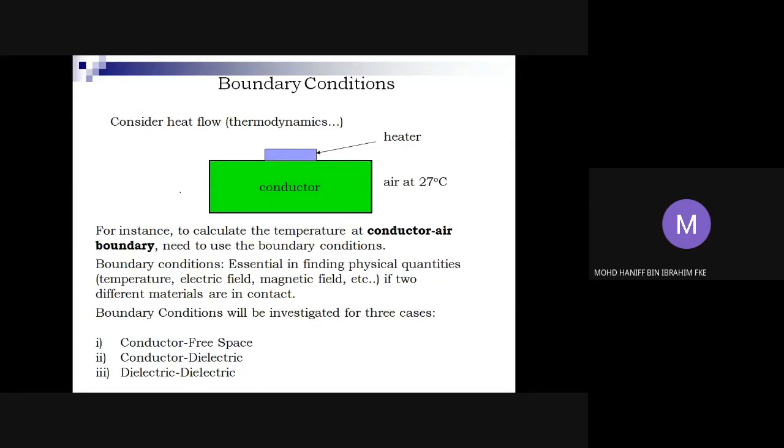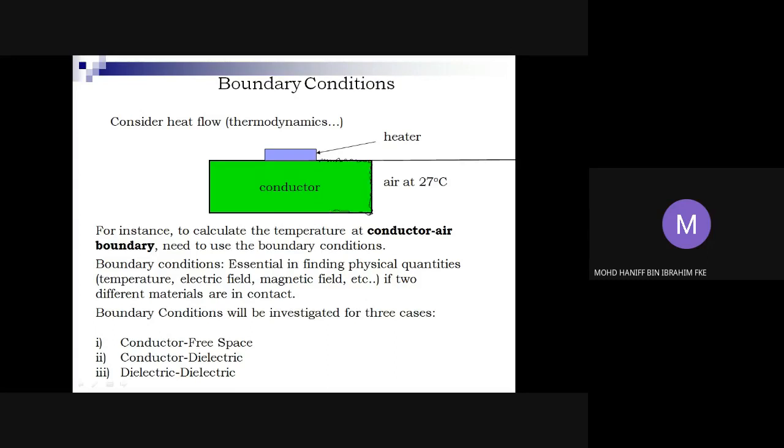So boundary conditions basically is to find the value of the physical parameters at a certain boundary. For instance, based on what we have here, I'm using heat as our physical parameter. Let's say we have a heater here, and we have a conductor, and the ambient material is the air, which is at 27 degrees Celsius. The heater will produce heat which will flow in your conductor's material. And in order for us to find the value of temperature at this boundary, the boundary between